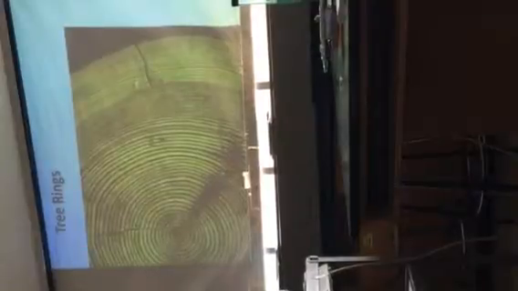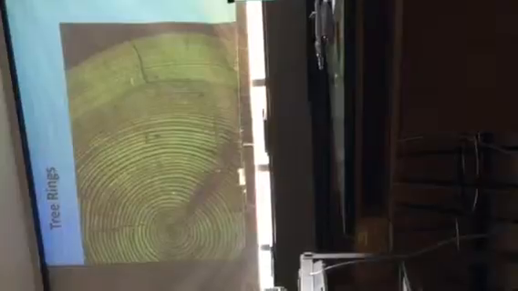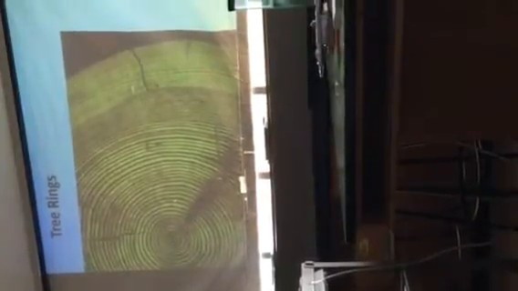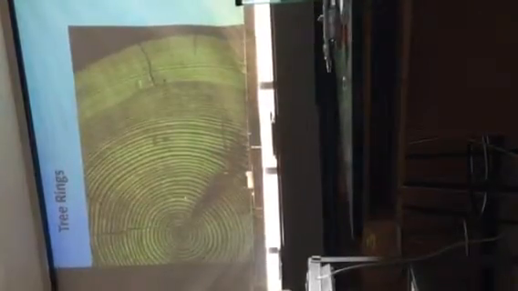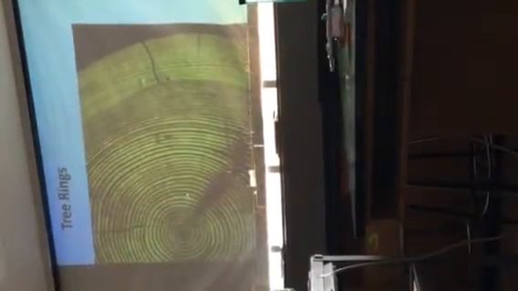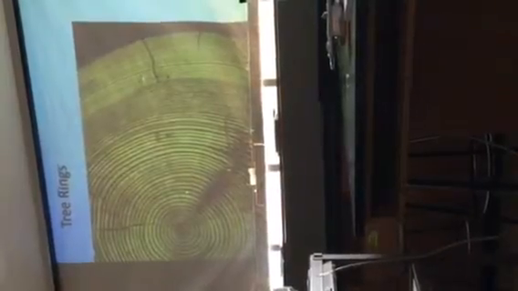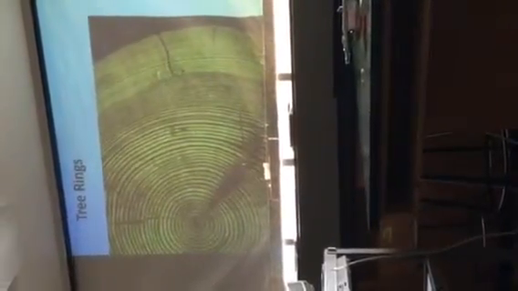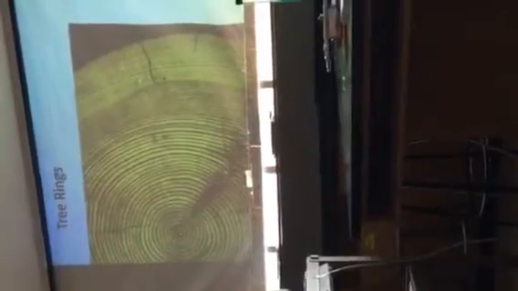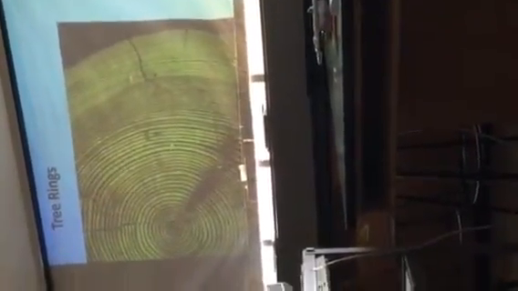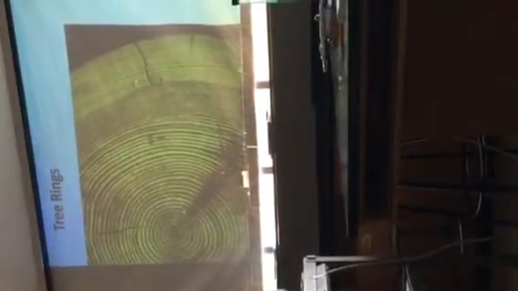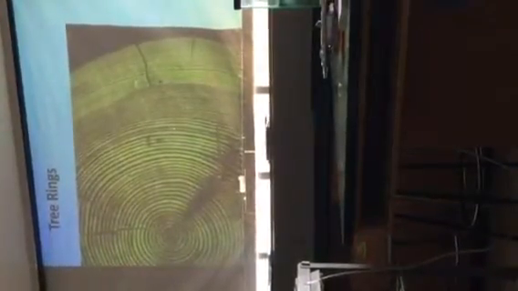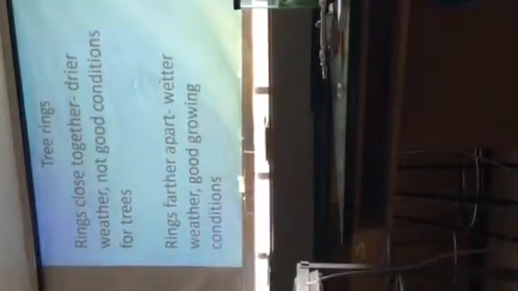And so you'll see this pattern where you'll have lots of growth, that's the light part, and then the dark stripe is like the fall when it's protecting itself. And so we can count these stripes. So the combination of the thin, or the yellow part and the brown part, that's 1 year. And if we count them, we can see how many years old this tree is. And so tree rings are cool because we can get a more specific or targeted time period, and we can know something about the climate. I'm going to go forward and then backward again.